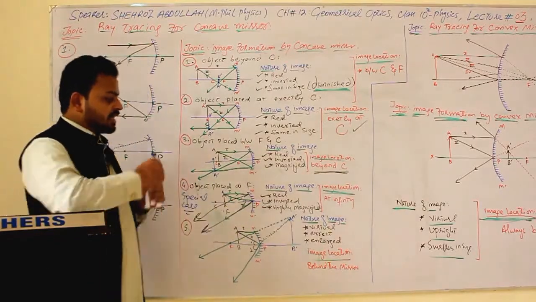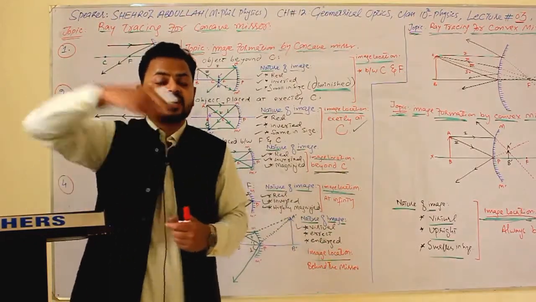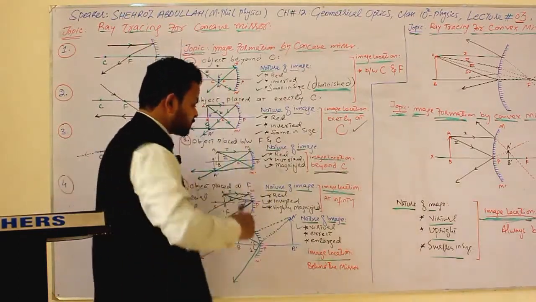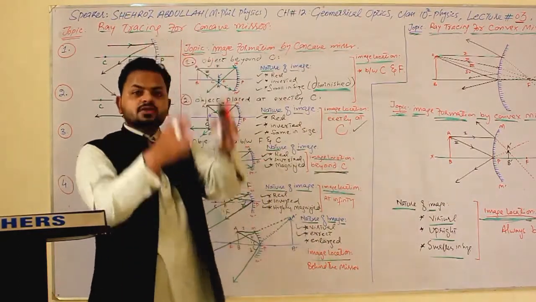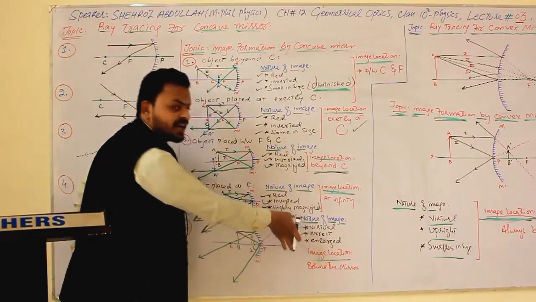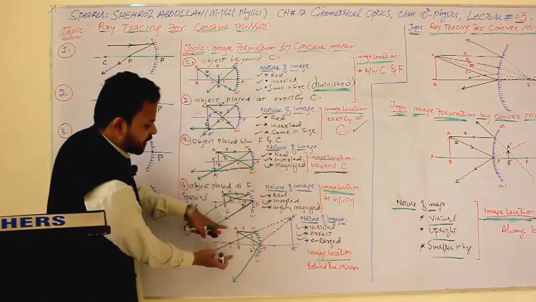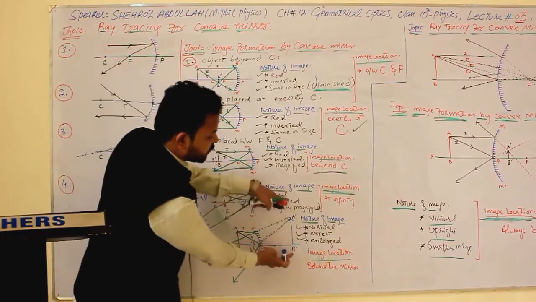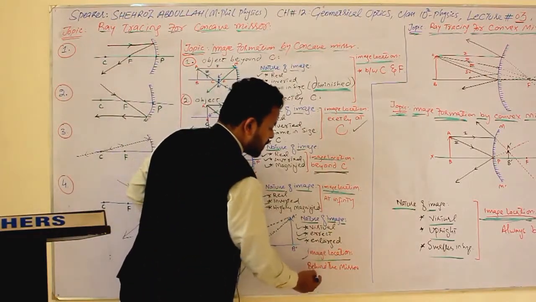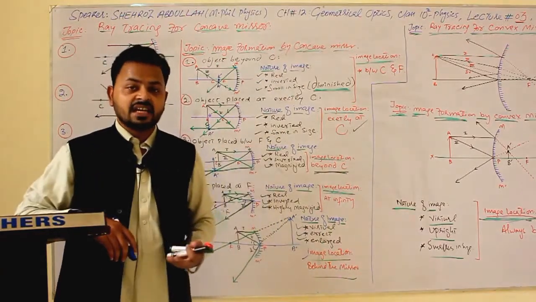Now look. In this case, the image will be virtual. Why is it virtual? Because it is formed by stretching the rays backward. It is in dotted form, okay? Erect means straight. Like we have placed an object AB, the image formed is also A dash B dash, in the same direction. Enlarged means we have an object of this size, and the image formed is slightly enlarged, okay? Then the image location: do remember, in this case the image formed will be behind the mirror. Is it clear till here?